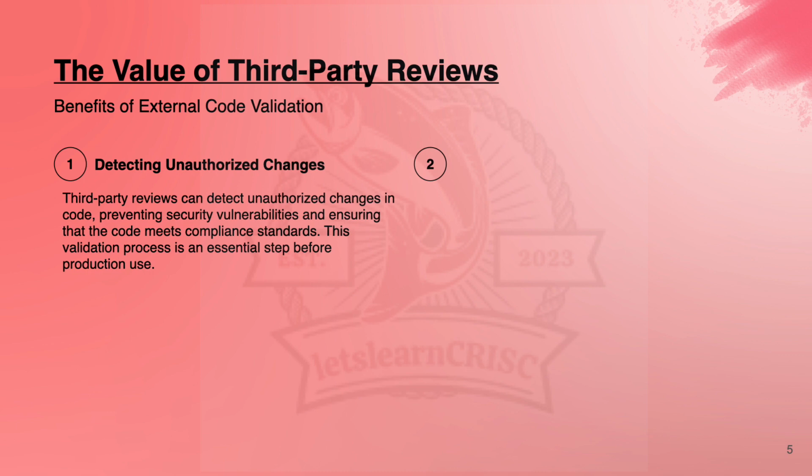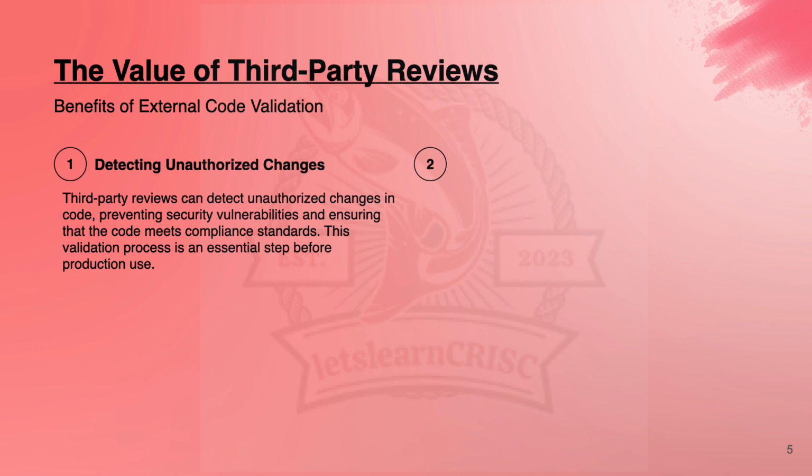Next, a third-party review can detect unauthorized changes in code, prevent security vulnerabilities, and ensure that the code meets the compliance standard. A security vulnerability in code can be exploited by attackers. A third-party review plays a crucial role in identifying and addressing potential security weaknesses before they can be exploited,